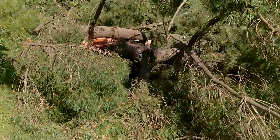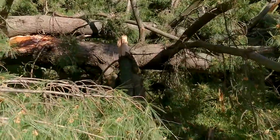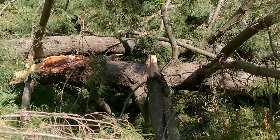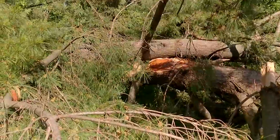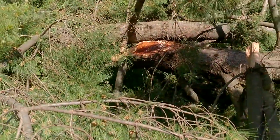And I know the storm chaser said that there was a house east of town, a farmhouse, that had all the windows blown out of it. So I don't know for sure. It's obviously straight line wind, if anything, because everything is laying the same way. Even all the trees out in the pasture that are broke off are all laying the same direction. You can see right there,